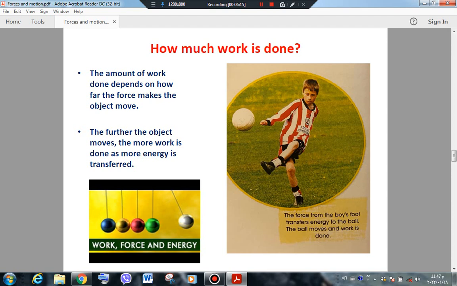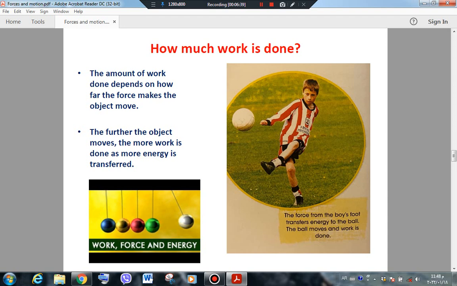Why? Because he is transferring energy. He is giving energy to the ball. Okay? Therefore, we say that there's work that has been done. The amount of work, how much work is done, actually depends on how far the force makes